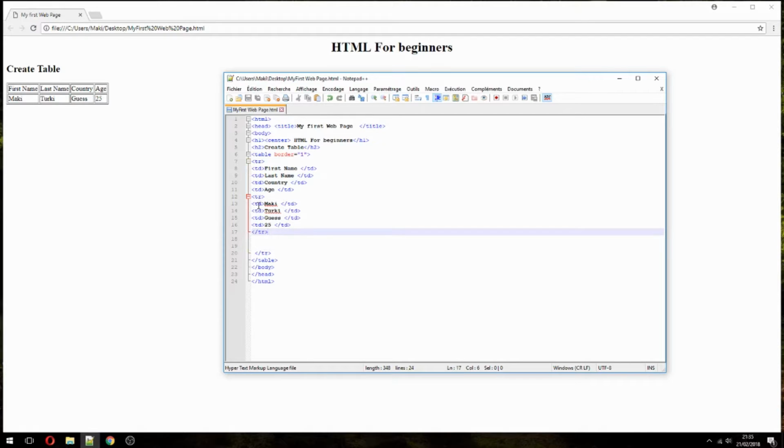Let's add another line, so I must add another tr, and 40 there. Alex Birgit, for example, and country Paris, td, age 32. Let's add another line,